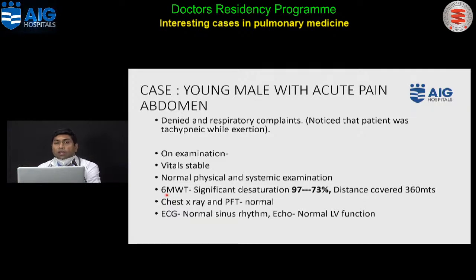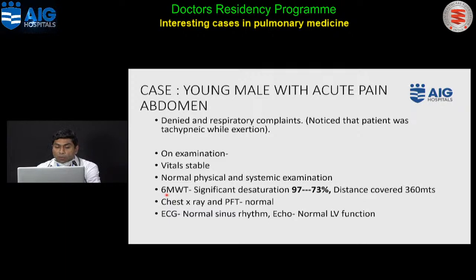Suppose you have given pulmonary artery hypertension treatment like sildenafil or tadalafil or bosentan or ambrisentan. You assess whether the patient's symptoms have improved or not, and then objectively you will see whether the patient's 6-minute walk test has improved or not. When the patient comes on follow-up, you compare the baseline saturation, desaturation percentage and the distance walked pre and post.